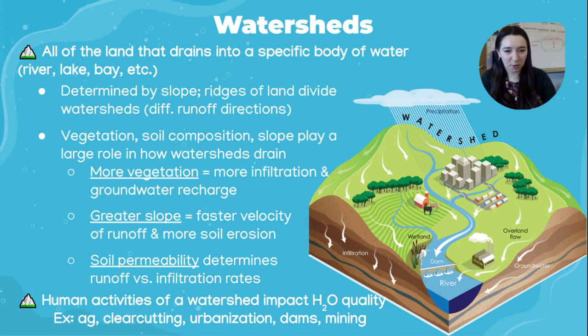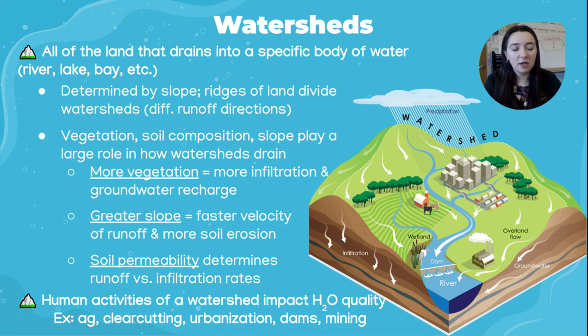Essentially, to wrap this up really quickly, a watershed is just an area of land, and depending on the slope, the vegetation, what kind of soil you have, it's going to impact where the water flows when it rains. So New Jersey has huge watersheds. New Jersey does have a lot of wetlands as well. I did try to get a field trip approved to go to the Manasquan Reservoir watershed, and that was shot down. But, regardless,